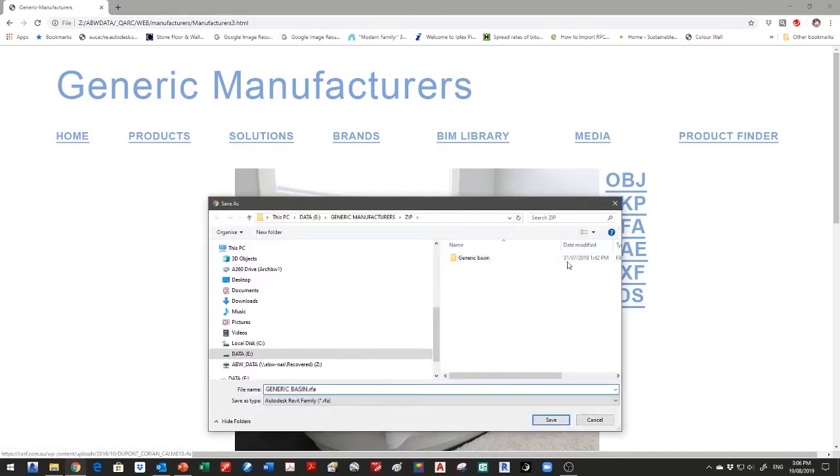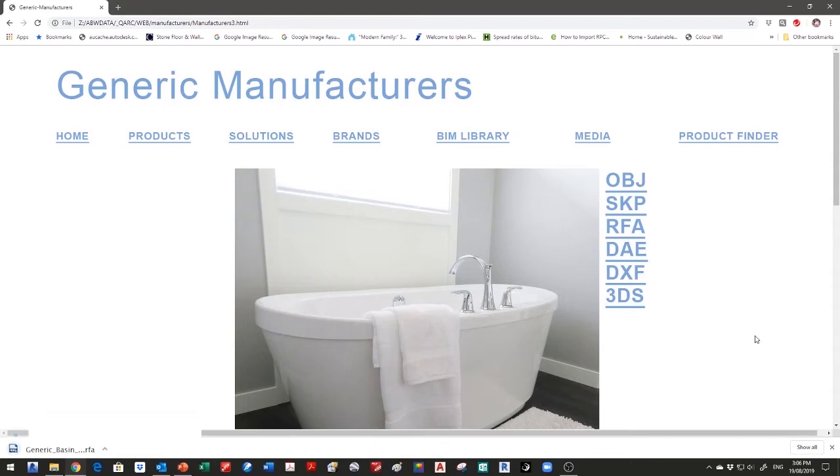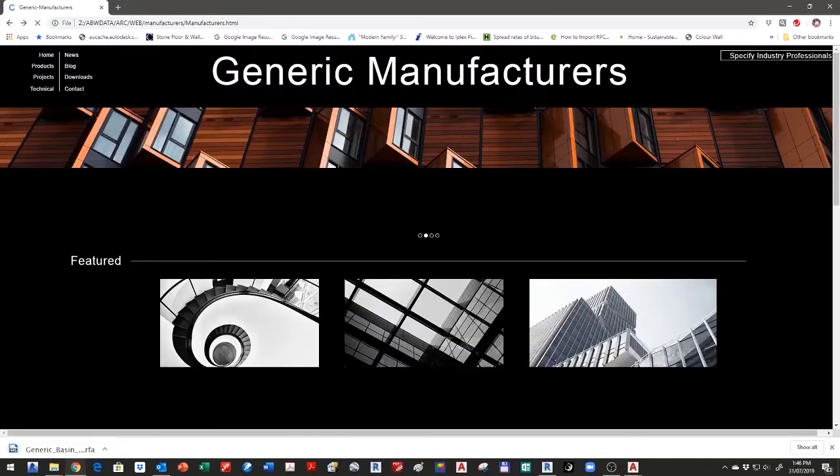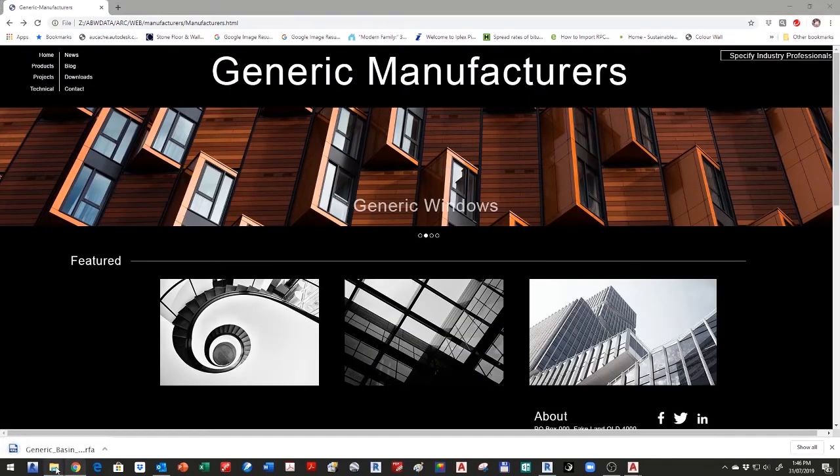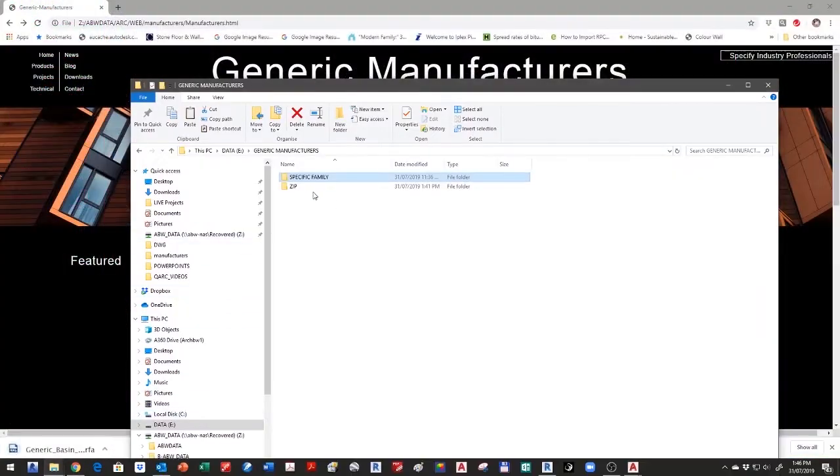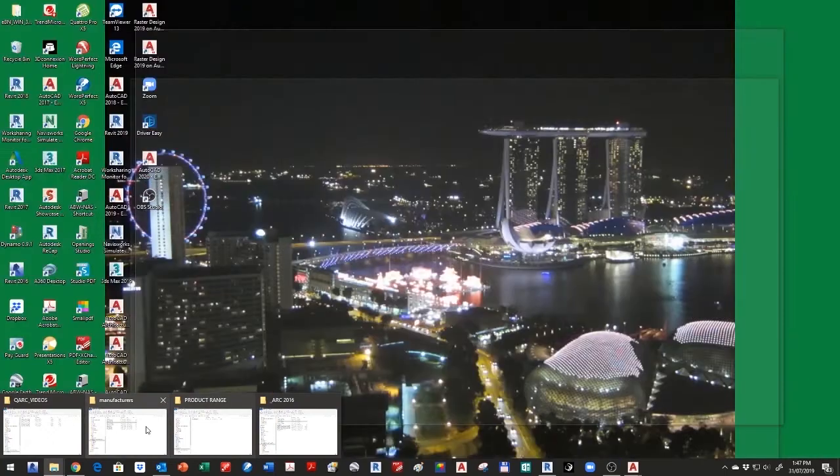Then you have to find somewhere that you can actually put the file. Generally you need somewhere that you can find again, because invariably it will be in a zip format, which you will have to come back to and unzip. So you've now downloaded that zip file. What you have to do now is actually find the zip file again, find the generic basin, unzip it, and then save that into a specific family somewhere under a product range so that you can find it again in the future. Obviously, this becomes a little bit unwieldy unless you really have a good